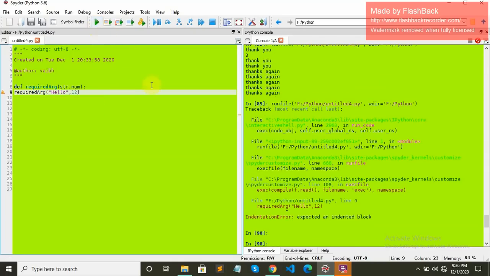If we run this code, we can see we are getting an indentation error because we have put this colon here, and we need to have something in this function. We need to do something with those things. This function should return something. Let's return 1.